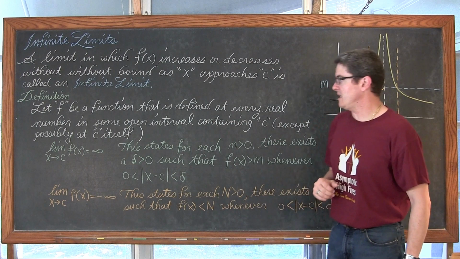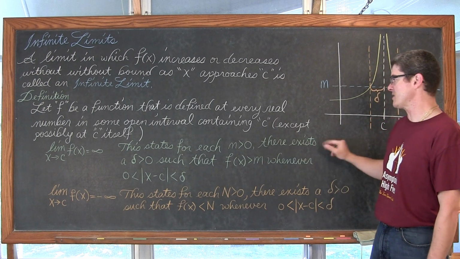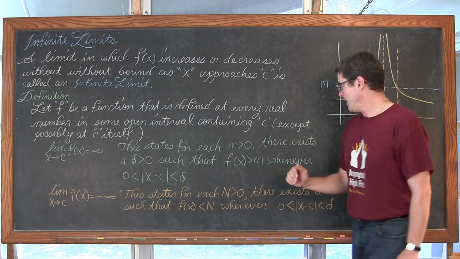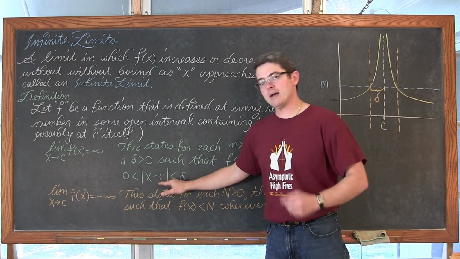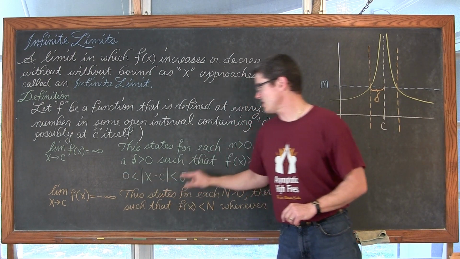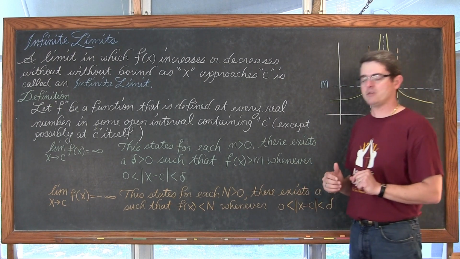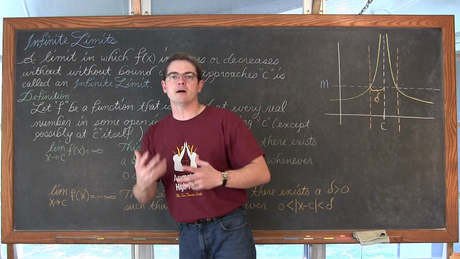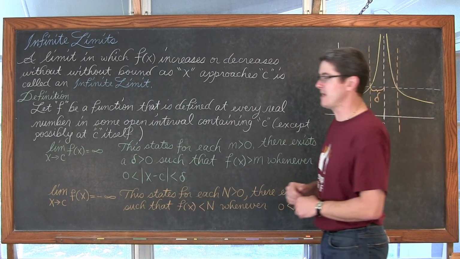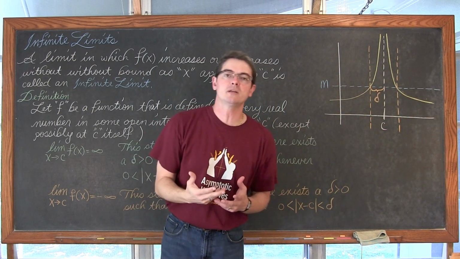The limit as x approaches c of f of x is equal to infinity. This states that for each m greater than 0, there exists a delta greater than 0 such that f of x is greater than m whenever the absolute value of the difference between x and c, because we can only be taught measuring distance in positive values, is between 0 and delta. I'd like to talk through these formal definitions to hopefully make it a little bit easier to read what your calculus textbook is giving you with these very formal definitions. We're not going to prove this, we're just going to do some algebraic examples. So for the examples, this is a little bit of overkill, but it never hurts to make sure you can read the textbook.